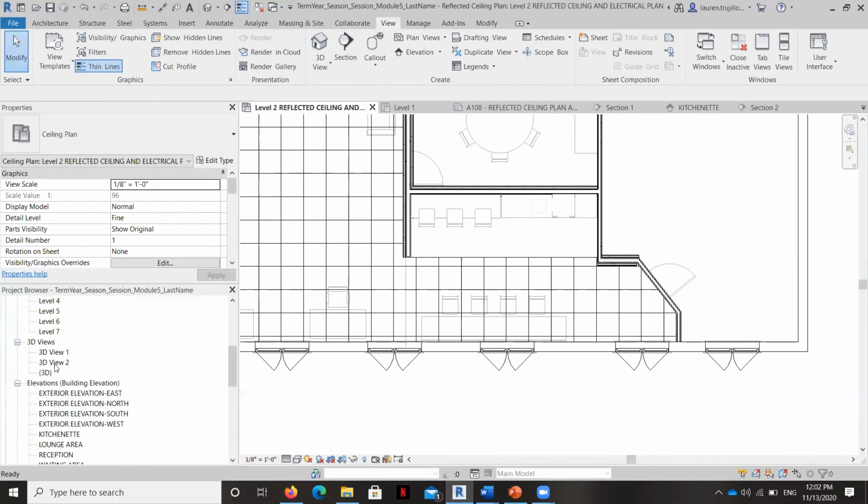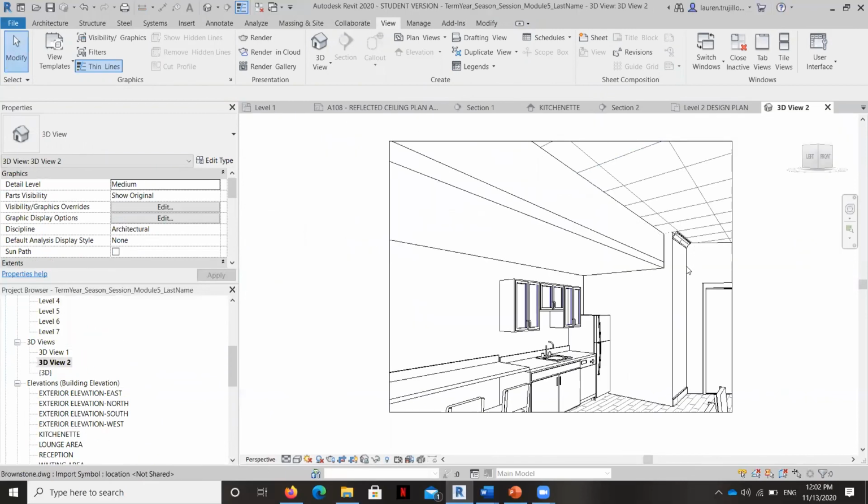And now I just want to take a look at it with my camera view again and see, you can see there's going to be a seam somewhere, but that's maybe a little bit clearer.